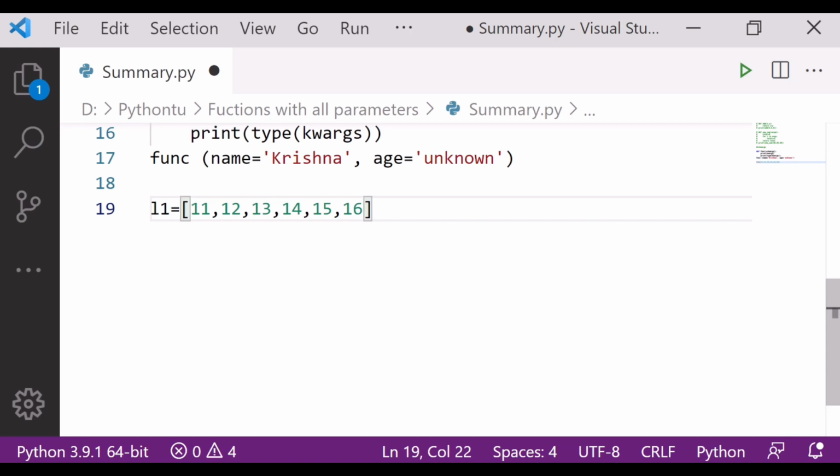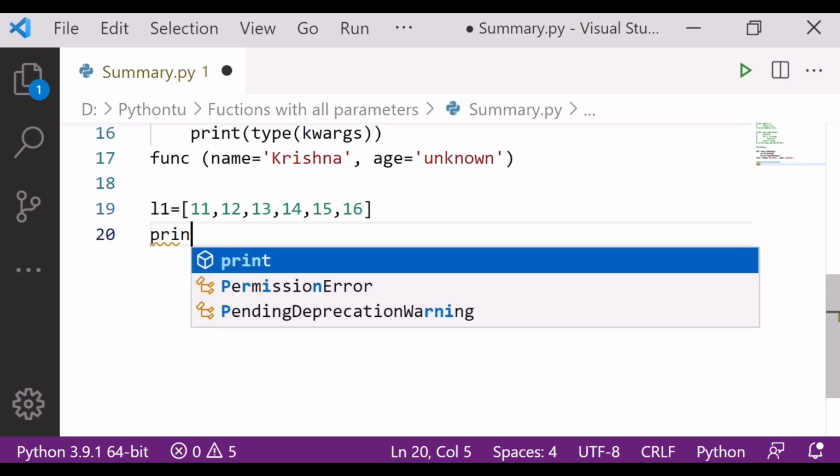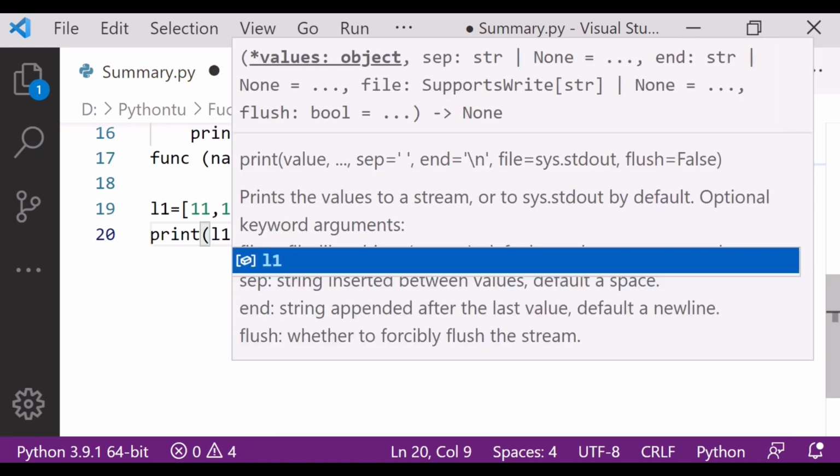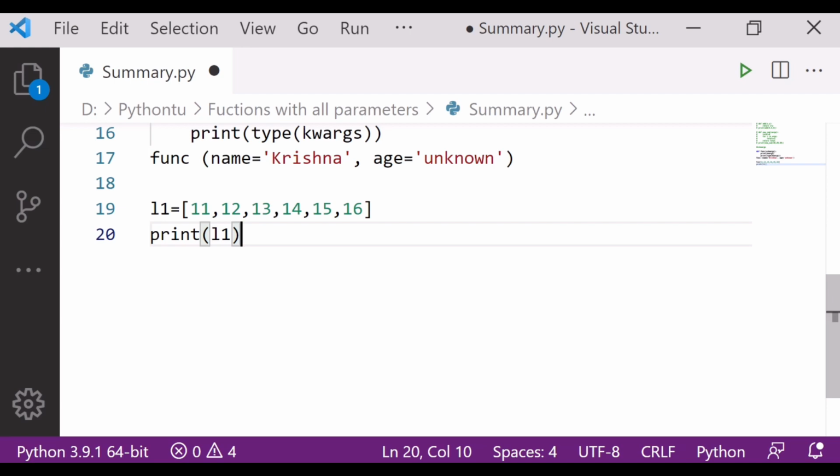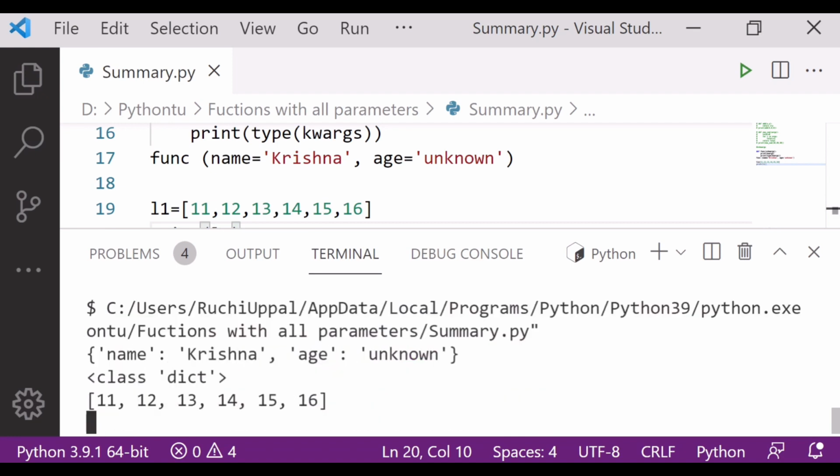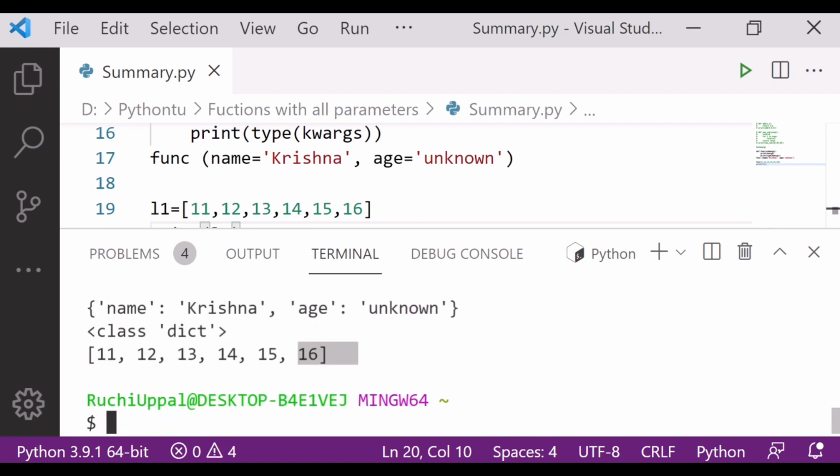Now I will simply write print L1. If I write like this, what would be the output here? This would be my output. It will print the same thing over here. But how to unpack that?